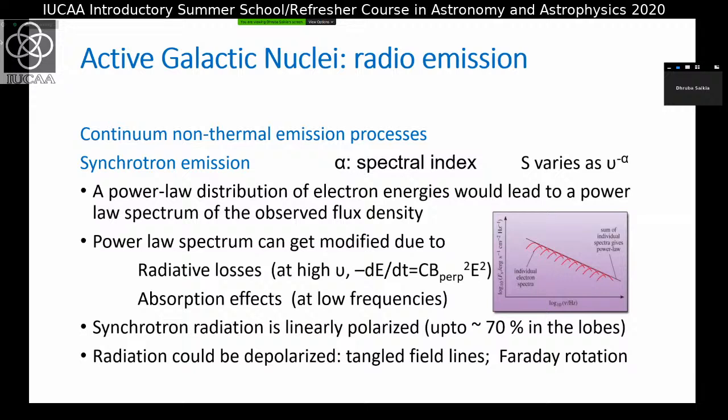And before we do that, just a brief recap of the emission processes, which you very satisfactorily answered yesterday, that we are talking of continuum non-thermal emission from the lobes of radio galaxies. And as you correctly pointed out yesterday, synchrotron emission is the process. And as you can see over here, a steep power law of the optically thin emission is due to electron energy distribution, which is also a power law,